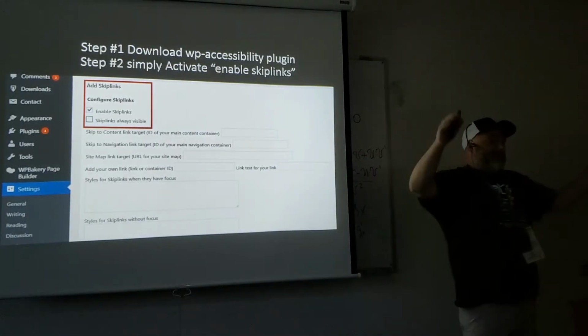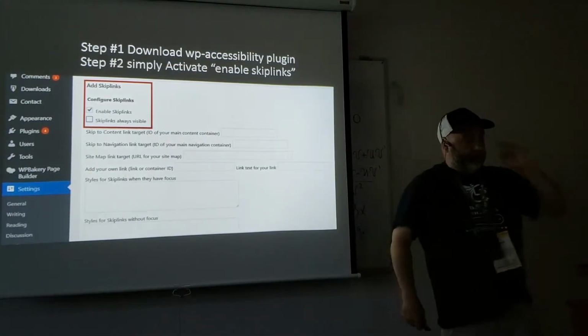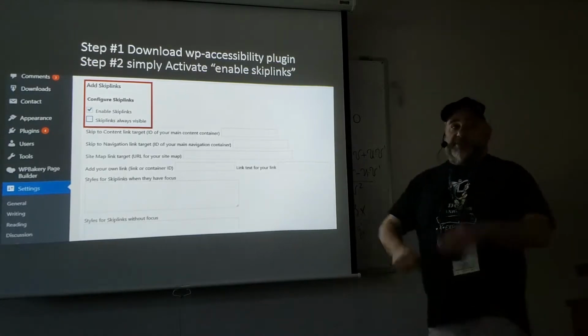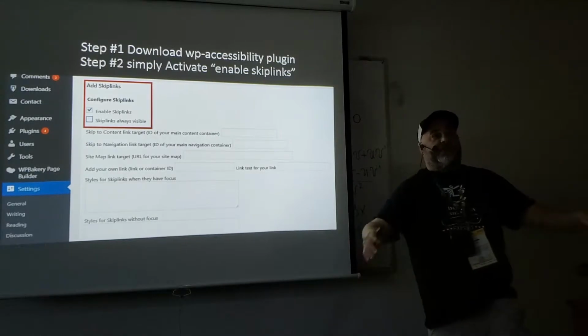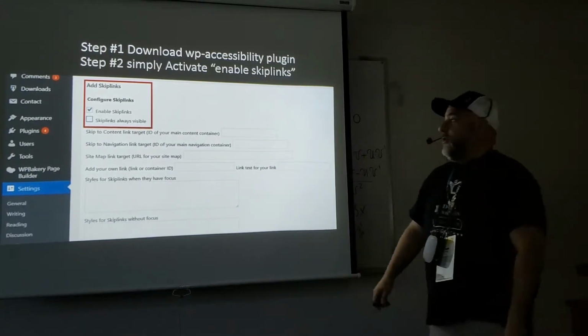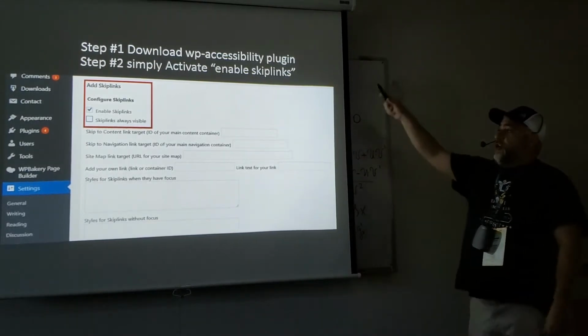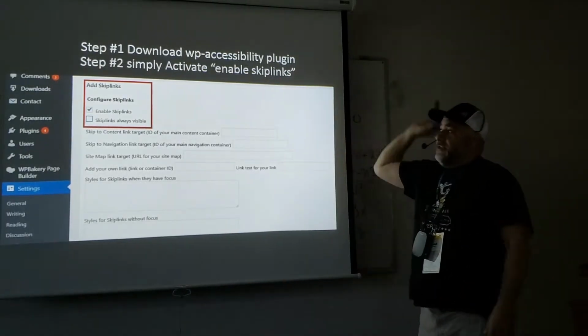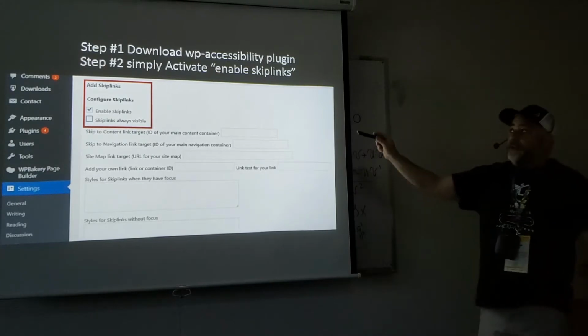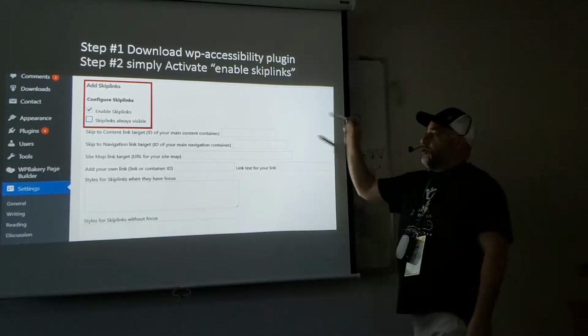Okay, most sites have skip links nowadays. Most themes do. But I'm sure we all have that client that just doesn't want to upgrade to a new theme, that doesn't want to do anything new. So in that case, you can go to your plugins, WordPress Accessibility plugin. This is not our plugin. We got nothing to do with this plugin at all. This is just a good plugin.